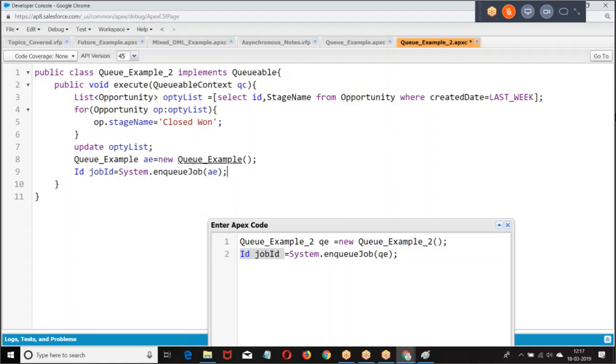A queue can be called within a queue. If you want to run the jobs one after the other, queue will be helpful, whereas with future it is not possible. The only advantage is chaining of jobs. First job followed by second, second job followed by third. Chaining of jobs is there. That's the advantage. Am I clear with this?